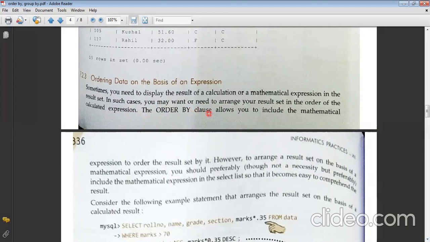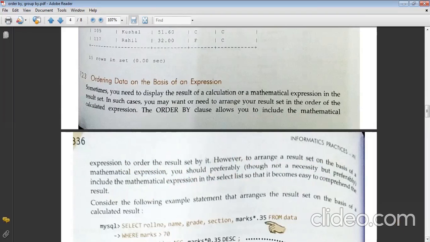So the order by clause allows you to include the mathematical expression in order to order the result set by it. However, to arrange a result set on the basis of a mathematical expression, you should preferably, though not necessarily, include the mathematical expression in the select list so that it becomes easy to comprehend the result.